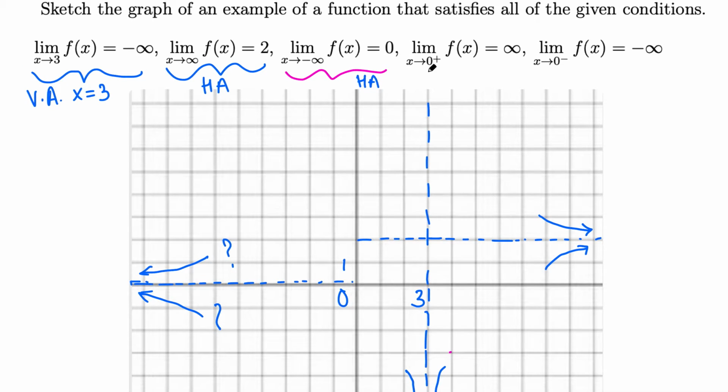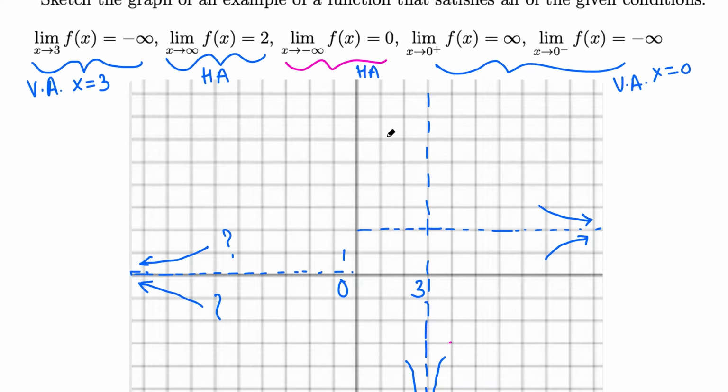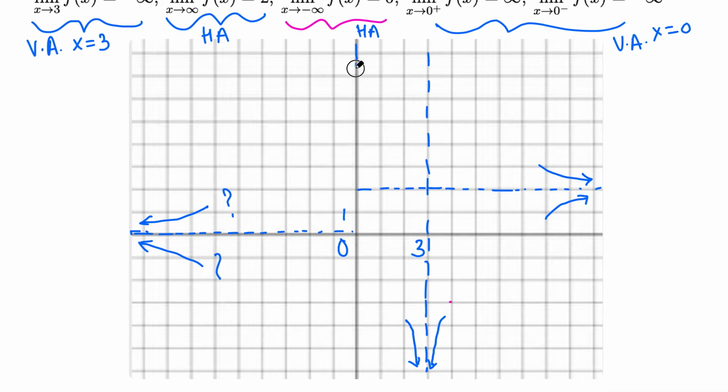Now we have x going to 0 from the right and x going to 0 from the left. So pretty much the function goes to infinity or negative infinity when x approaches 0 from either side. So we have a vertical asymptote, not horizontal. Vertical asymptote x equals 0. So pretty much the y-axis. So that's another